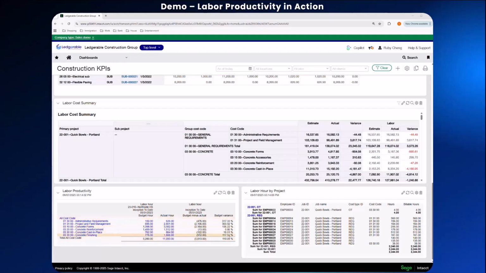This detail matters because it lets PMs and superintendents see performance by task, by crew, and by project, and adjust things accordingly. The different perspectives offered by these three reports bring you a holistic understanding of your overall labor situation. The report is also supported through timesheet entries, either organically within Sage Intacct or through an integration from a payroll system such as ADP.